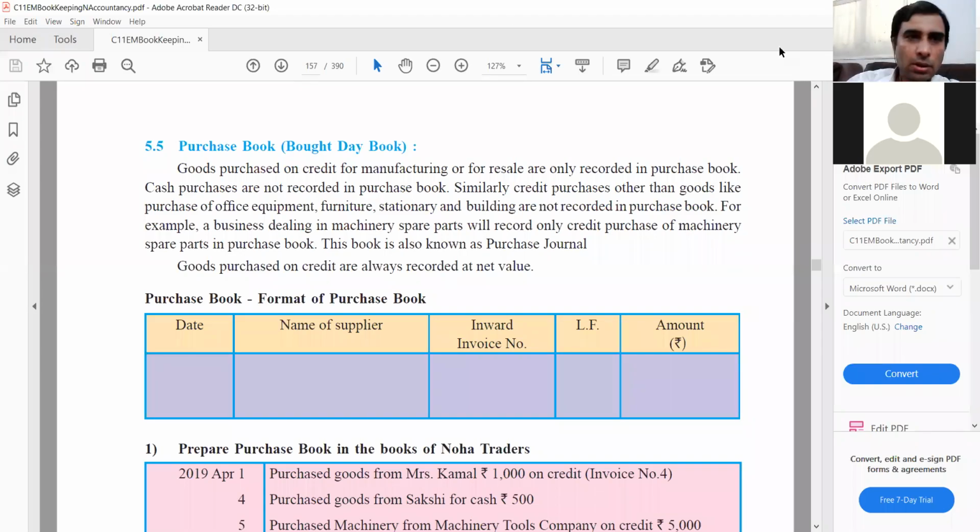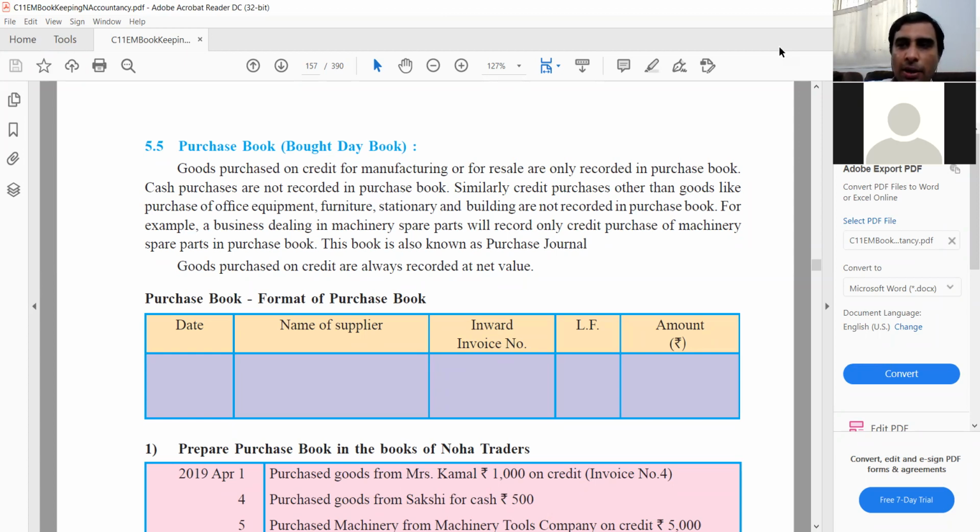So we will start subsidiary books continuation lecture. We're going to talk about the purchase book and the sales book. So, like we said, subsidiary books are a part of the books of original entry, all right? A transaction which is incurred for the first time in the business is recorded in the subsidiary books.